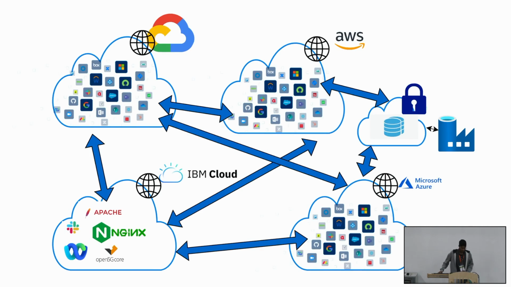Essentially, there is this whole drive towards multi-cloud. And I think it will become obvious to you as we go why this is happening. But we just wanted to use this session to show that. This is a projected world of how the future will look. You have different cloud providers, and you have different software running on all these providers, and they're all talking to each other. There are also some enterprise data centers or on-prem data centers, shown here as a factory symbol, and they're all intercommunicating. This is the future we see.